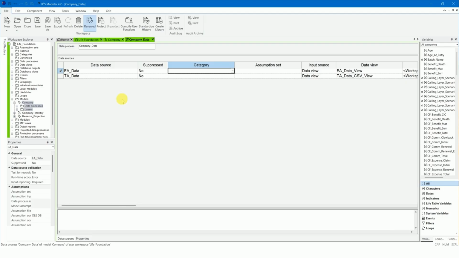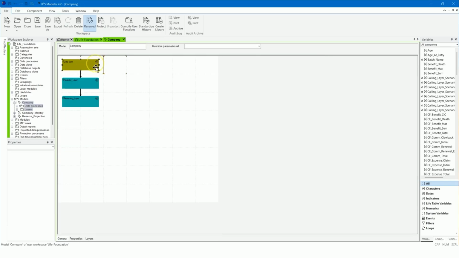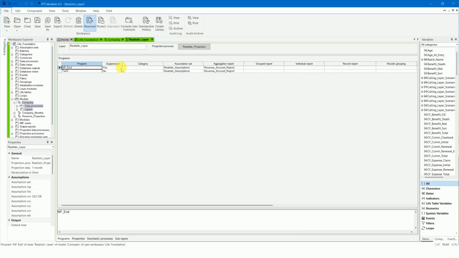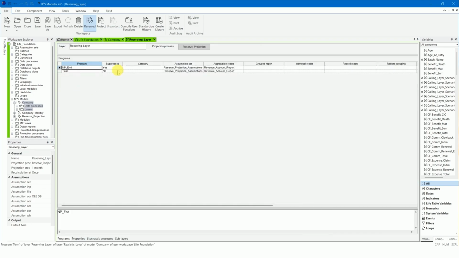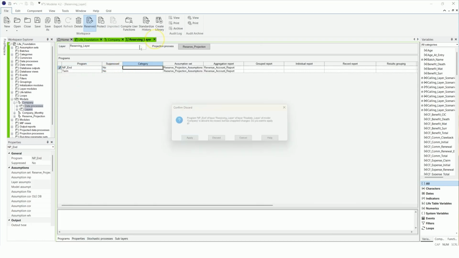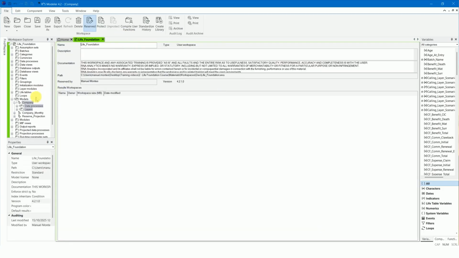Do the same with the endowment programs in the realistic and reserving layers. Run the company model.